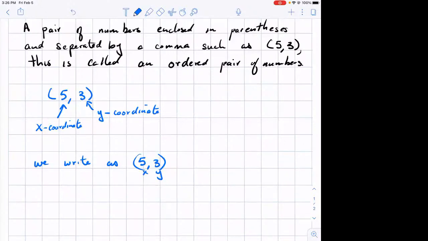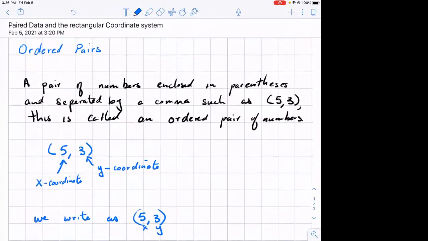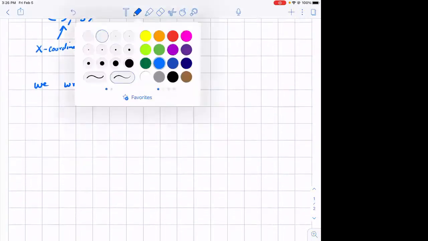So this will really help us in understanding how to deal with equations with two variables. How do we graph equations? The standardized way in which we display paired data is what is called a rectangular coordinate system. So we use paired data